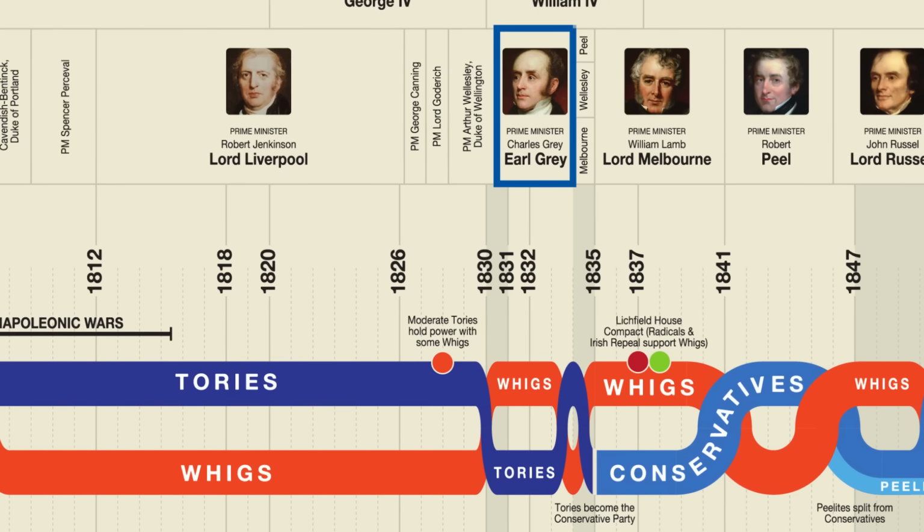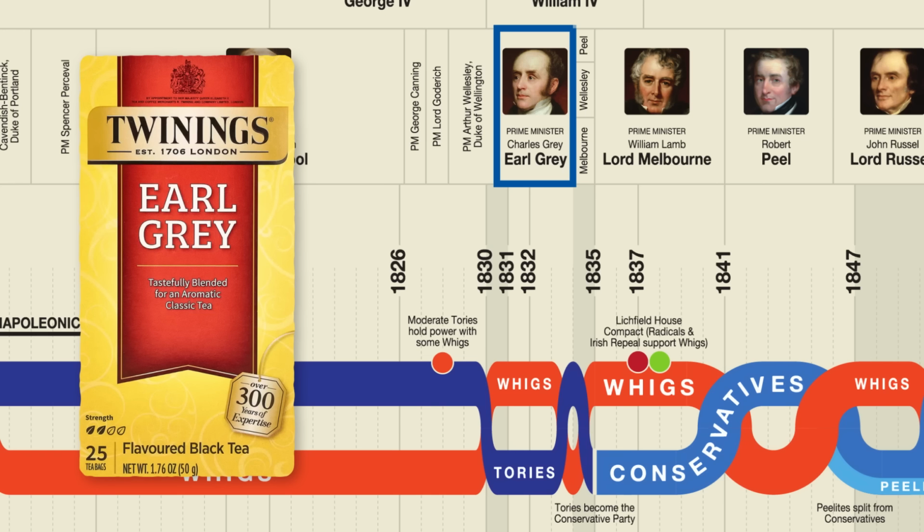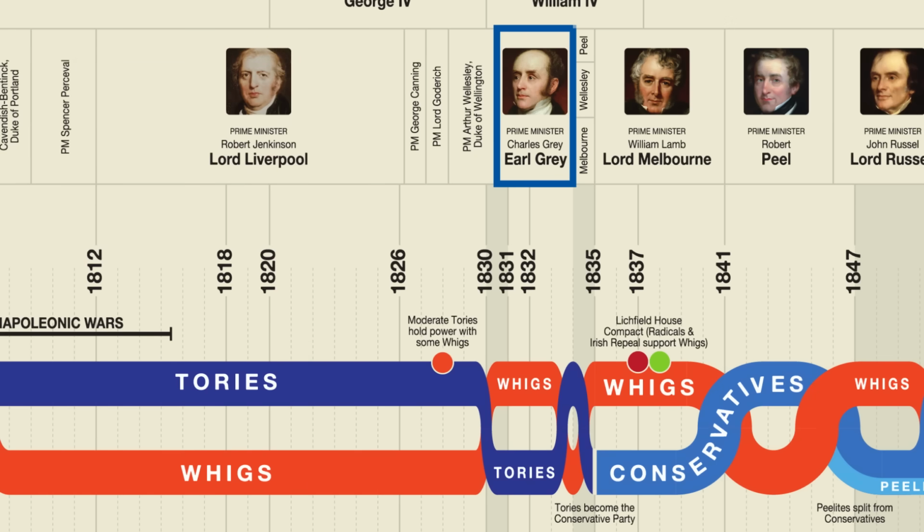He's mostly remembered today for his association with Earl Grey tea, even though there's no firm evidence of a link between him and the initial popularity of the tea. What he should be remembered for is the Great Reform Act of 1832, which gave more people the right to